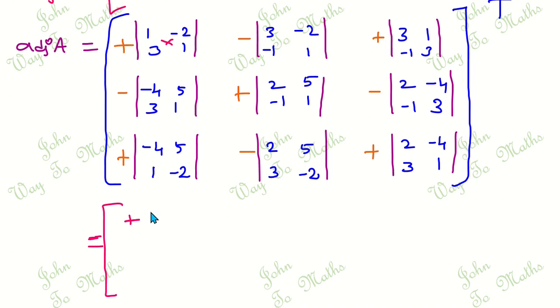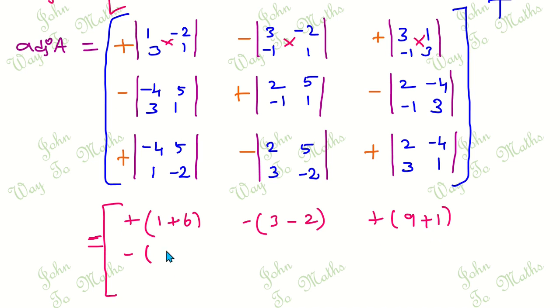So plus of 1 ones are 1 minus 2 threes are 6, minus 6. Here comes plus 6. Then minus of first diagonal minus second diagonal, so 1 threes are 3 minus minus positive, so 2. Then plus first diagonal minus second diagonal, 3 threes are 9 minus 1 into 1 becomes minus 1. Here comes plus 1. Here minus of first diagonal minus second diagonal becomes minus 4 into 1 becomes minus 4, then minus 3 5s are 15,